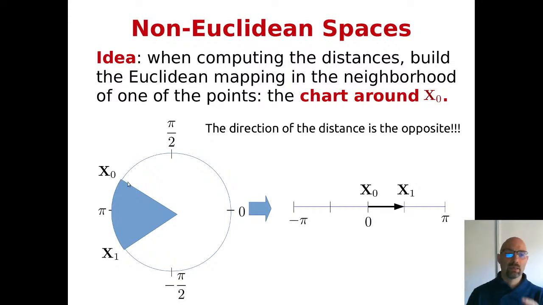Now you could think about the same in a sphere. You could repeat this very same process on a sphere. Because if you have a sphere and you want to measure the distance on it, you could always choose a point on the sphere, and on this point you could fit a tangent plane, right? This would be an option. And this tangent plane will be the chart around x0, around the point that you choose to linearize. And then when you want to measure the distance of the points along the sphere, you will do the mapping on this